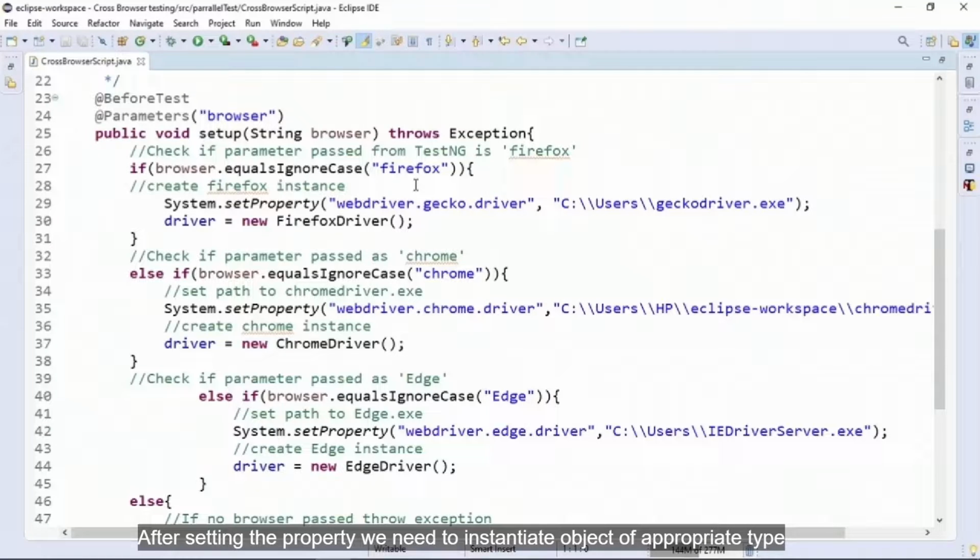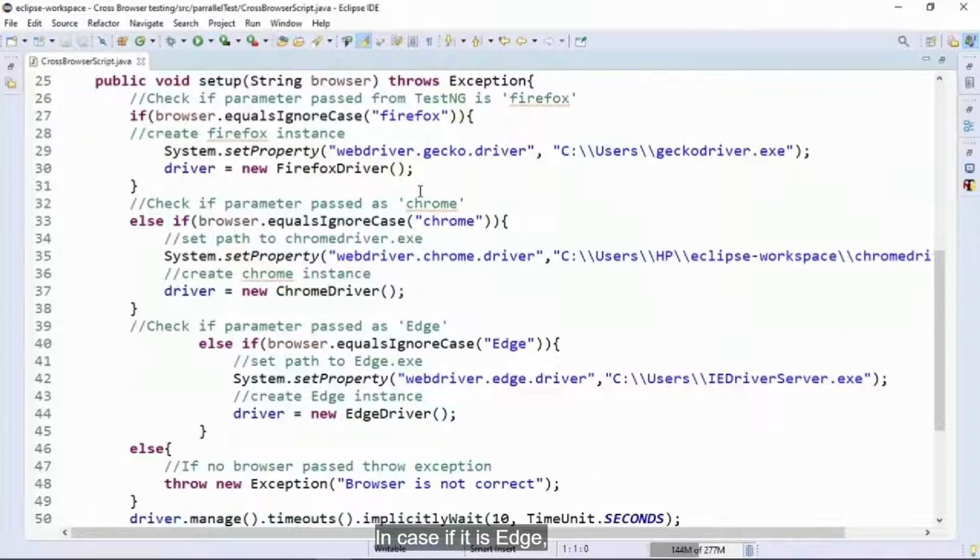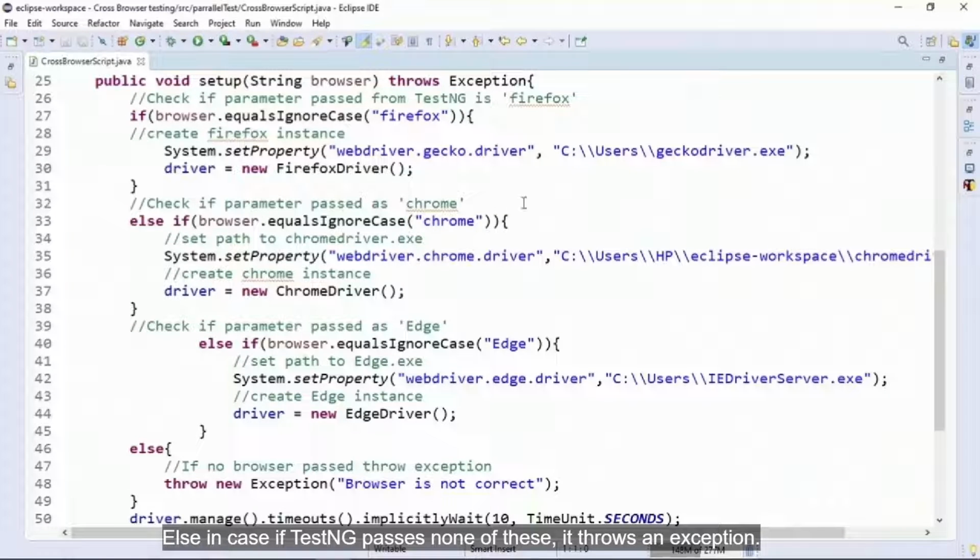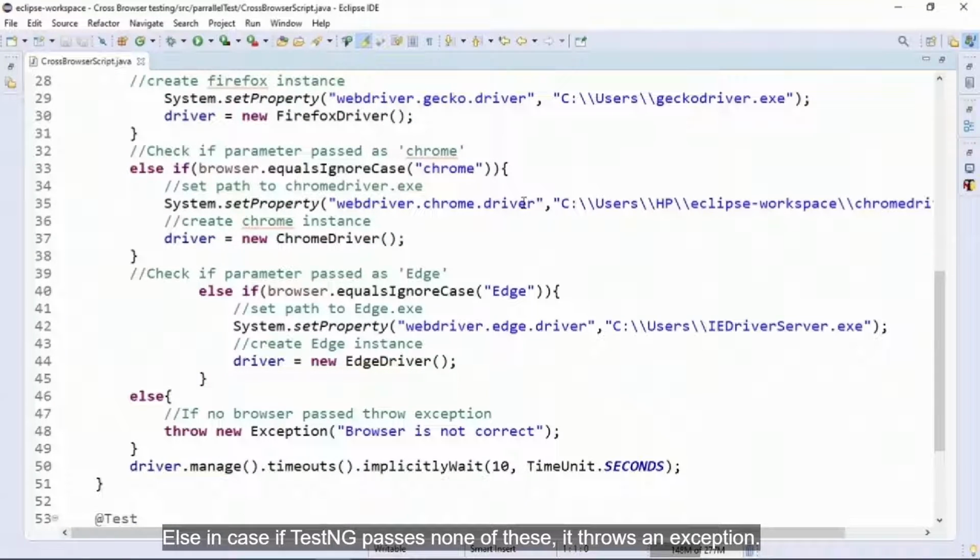After setting the property, we need to instantiate an object of the appropriate type of browser. Line number 30, we are creating the Firefox driver. Line number 37, in case the browser is Chrome, we are creating a Chrome driver instance by writing driver equal to new ChromeDriver. In case it is Edge, we are writing driver equal to new EdgeDriver in line number 44. Else, in case TestNG passes none of these, it throws an exception. We are also setting up our driver with a particular timeout where we are implicitly asking the driver to wait for